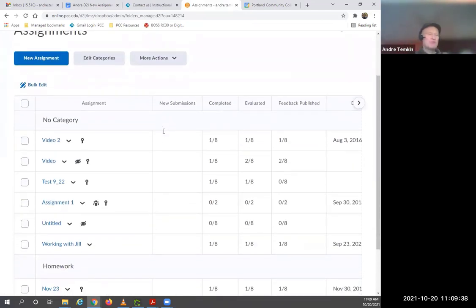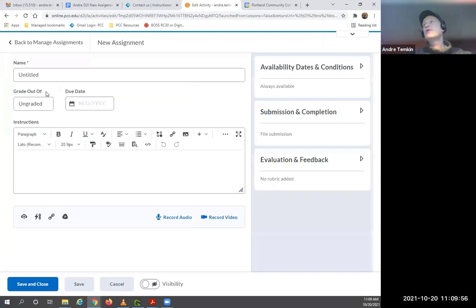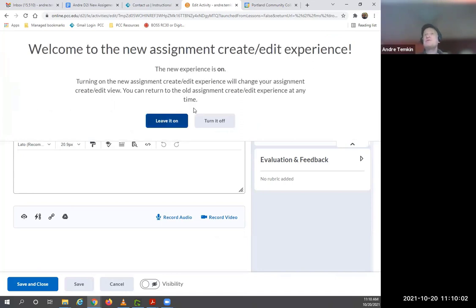So why are we saying that it's a new assignment experience? Not long ago, kind of gradually, D2L offered a new user interface for the assignments. You have probably seen this before, and today we're going to be going over some features here. You can still switch to the old experience over here. You can either leave your new experience on or turn it off, but I would suggest not to do that,